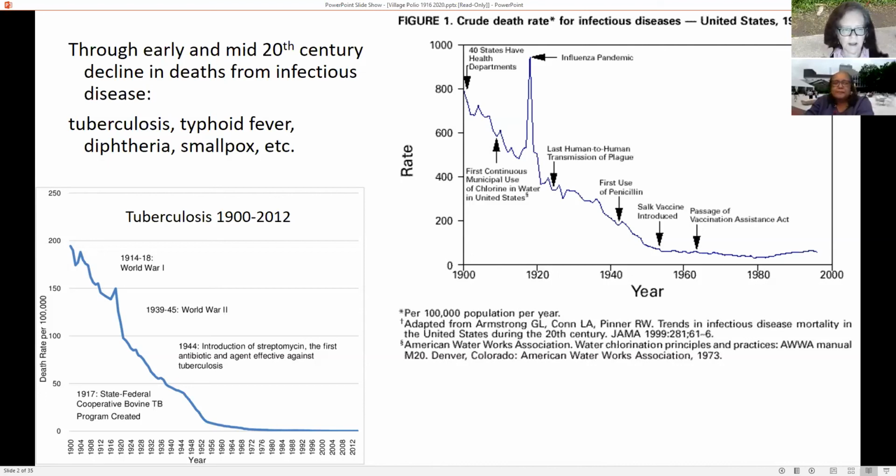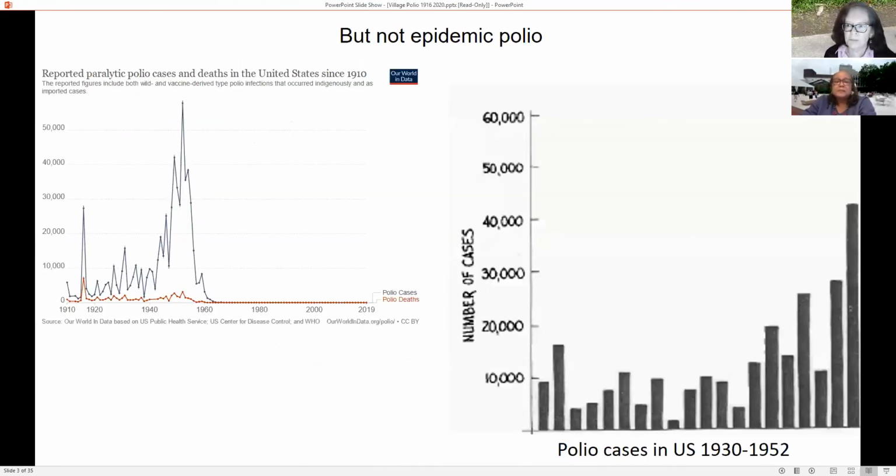society had a handle on, that children were being brought up healthier, parents understood what good nutrition and good sanitation, good hygiene was. There was increasing regulation of housing and workforces, so that all of these things together actually were starting to make a difference in the picture around infectious disease, but not for polio.